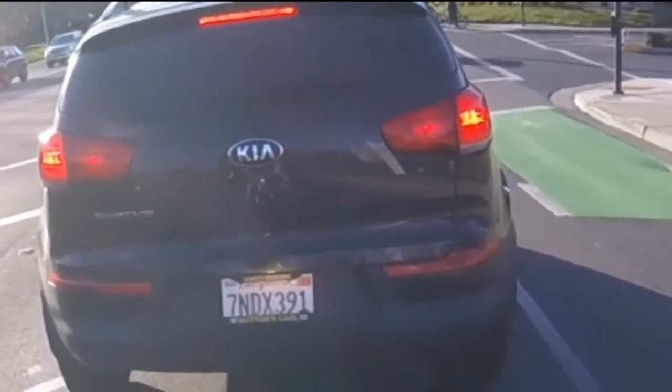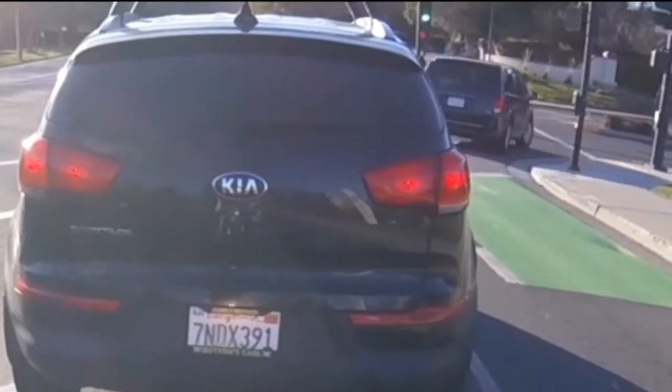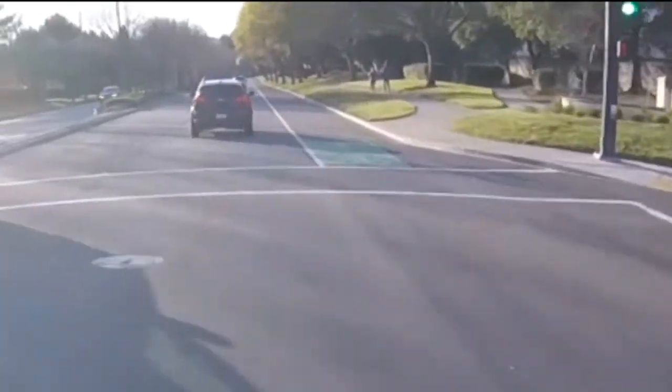What the hell does that license plate frame even mean? Goat plus button. I was totally distracted by that license plate frame. Okay, so